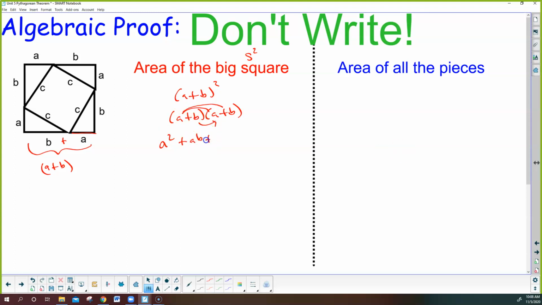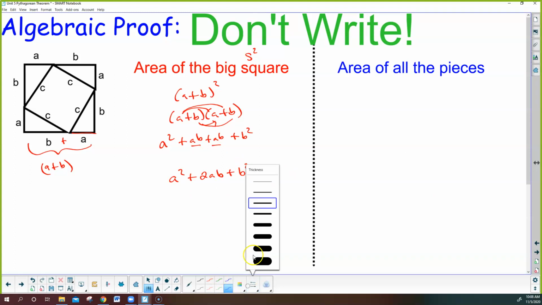B times A can also be written as A times B, and B times B is B squared. And then I just have my two like terms in the middle. I've got AB and AB, which is really 2AB. So nothing crazy there. But then I have